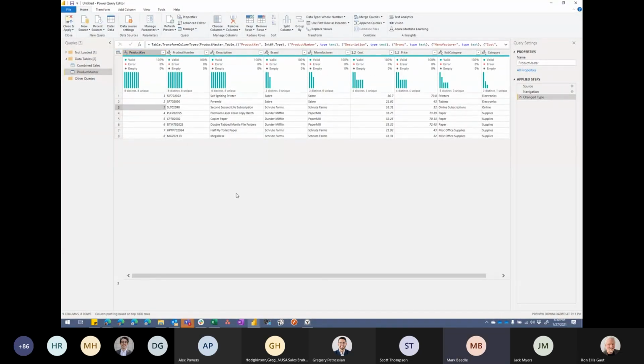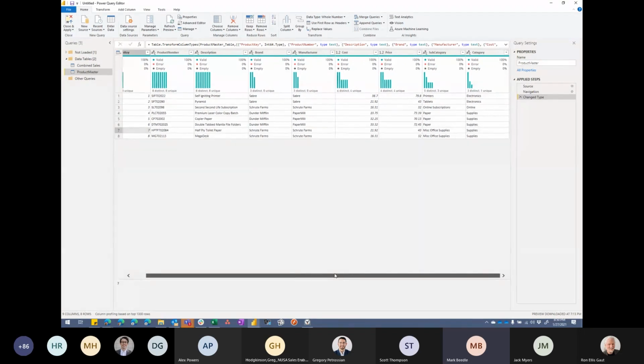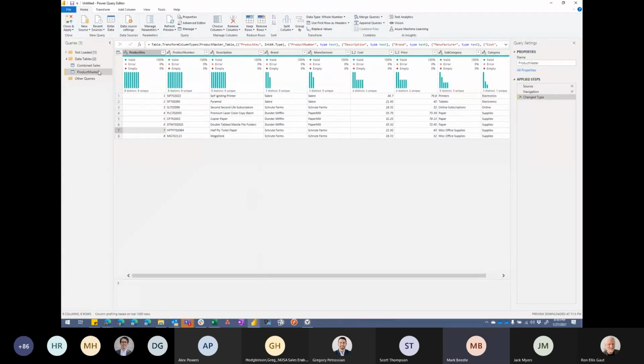So here we are in a product table. And this looks better. This looks like what I read about as what a lookup table or a dimension table looks like. I've even got this fancy key, right? This integer that we talk about. So I like this. So I'm going to leave it as is, but I'm going to move it to a group over here just to keep my brain straight. And we're going to call this lookup tables.